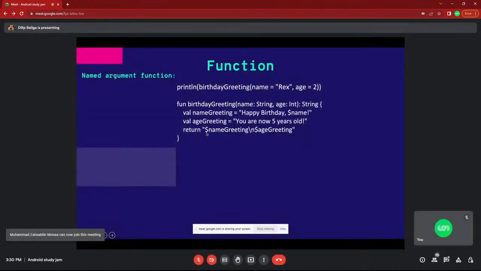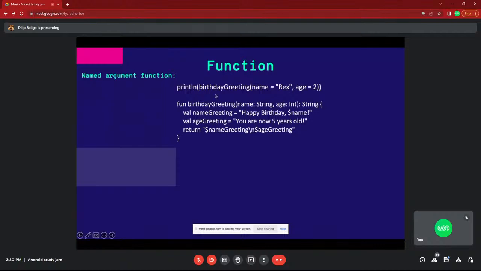I missed one small thing here, how we can concatenate the strings. I'll go through that one, concatenation of the string, I'll also show that. Now, what is a named argument? Named argument means, while calling this function, println is the statement to print the string or anything inside it.